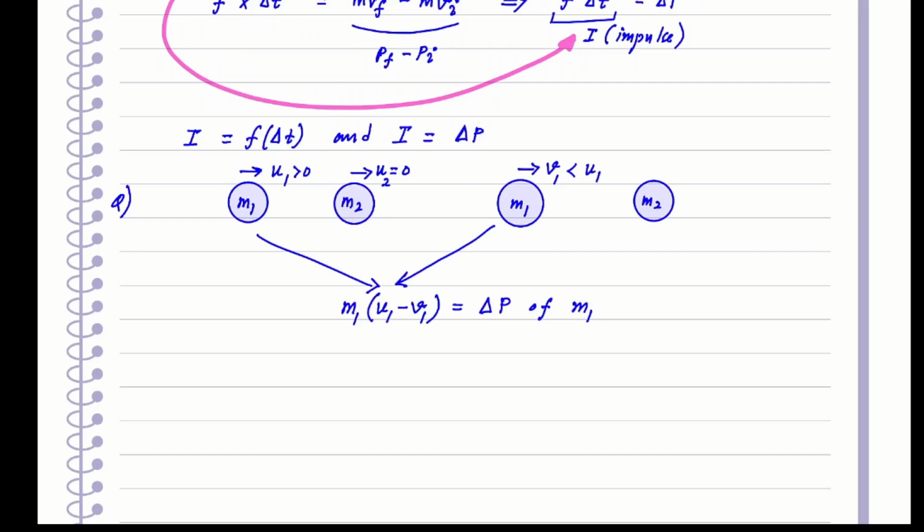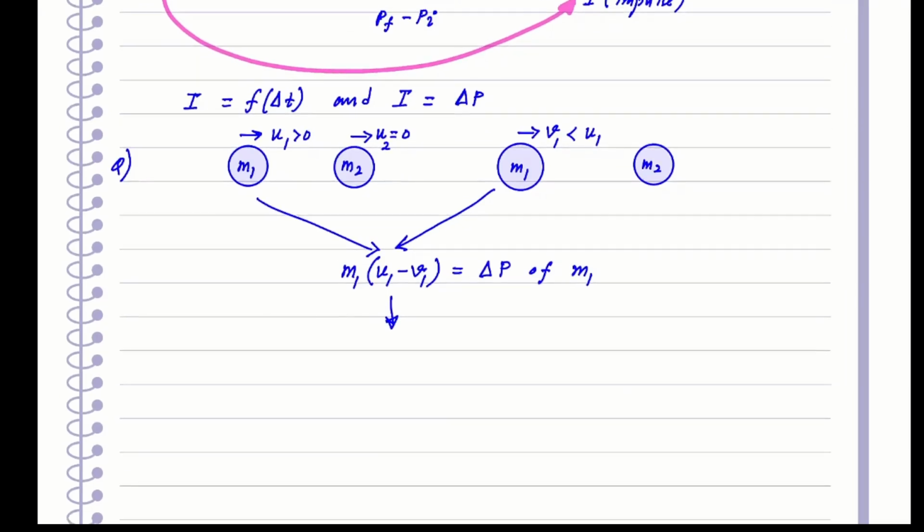Now, if that support force is acting for a very small time, because the collisions happen instantaneously, you can say, in this case we can easily find delta p. So you can easily calculate impulse I. That is nothing but this delta p, right? When you know the mass and the velocities or the speeds, you can easily calculate I. So once you calculate I,